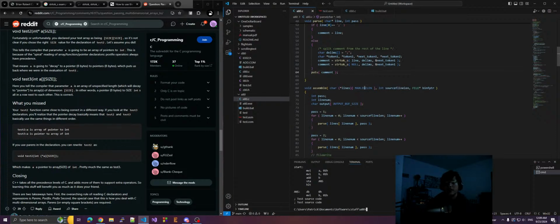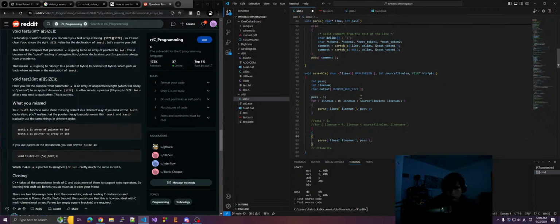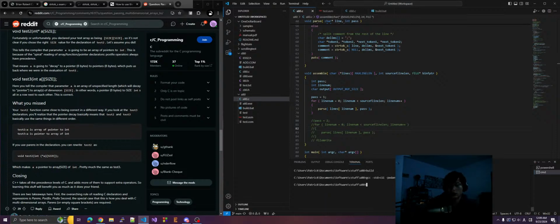Ah, yes, it's because I run parse twice. I run parse twice because I'm doing 2 passes, and that's cool, but that's not really needed right now. That's basically what was happening. Cool. So the comment is printed,